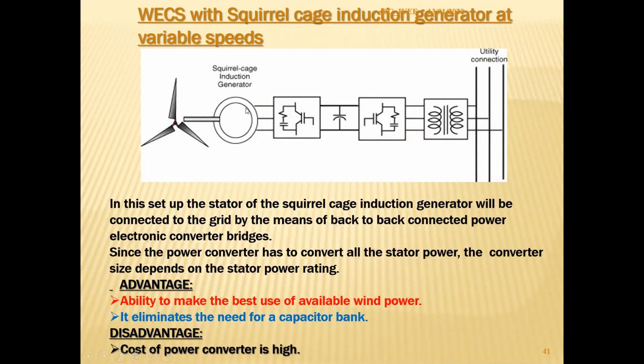So the DC bus voltage will try to rise because the active power is rectified and given to the DC bus. The reactive power demand at the frequency of rotation with a slip demand is supplied by this converter to the generator. Then this DC bus voltage will rise, and this converter converts the DC bus voltage to